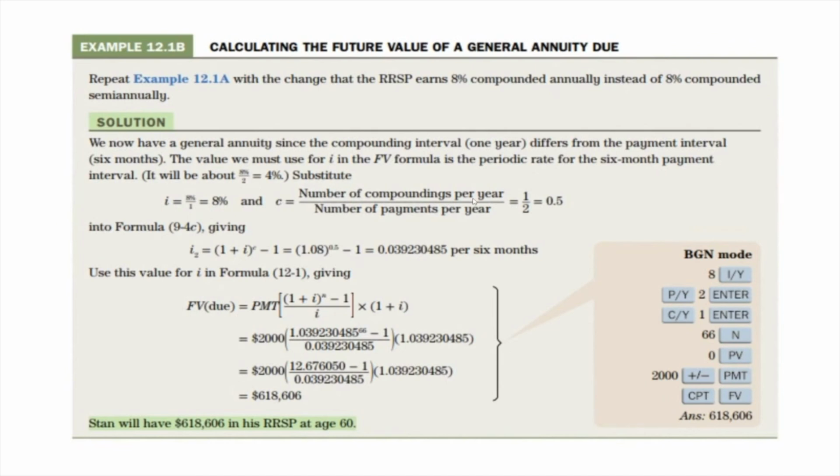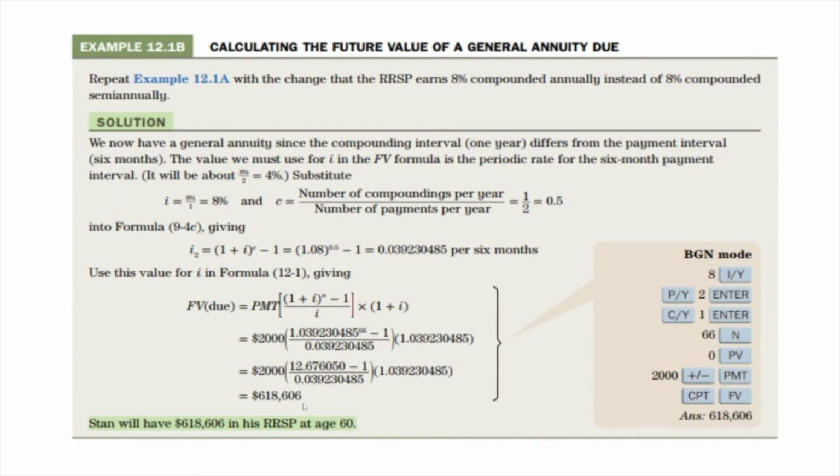The first thing we need to do is the number of compounds per year divided by the number of payments per year. That's 1 over 2, which is 0.5. That c is then plugged in to calculate the i2. So (1 plus i) to the power of c, minus 1. We do the math on that, and that comes up to 0.039, on and on. So we take that information, we plug it into the formula, and again, the i2 is calculated right here. We plug that in, to the power of 66 minus 1. This little add-on is here because it's an annuity due. We do the math on that, and it comes to